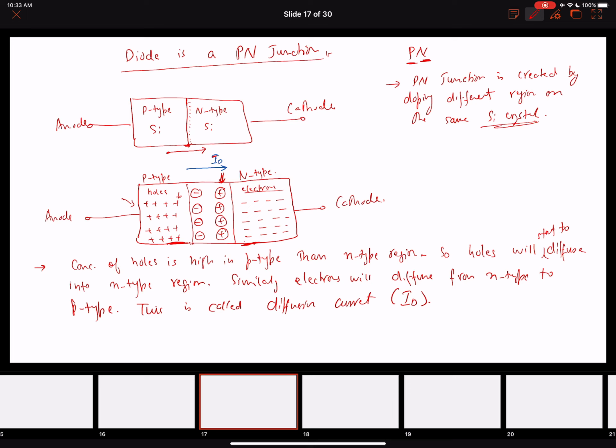These electrons will recombine with the holes and neutralize. However, some of these electrons will recombine right at the junction, where we have a bunch of positive charge carriers near the vicinity of the junction. These electrons will combine with those holes as well and recombine. Recombination is the combining of the hole and electron pairs to neutralize. So while these electrons are diffusing into the p-type region, in the vicinity they will recombine with holes